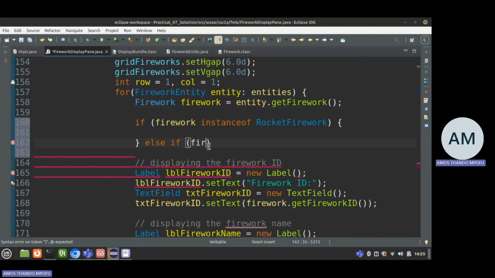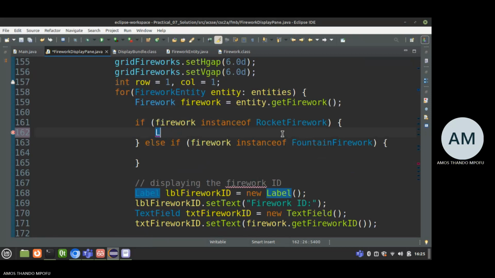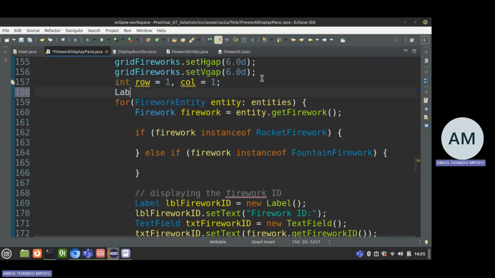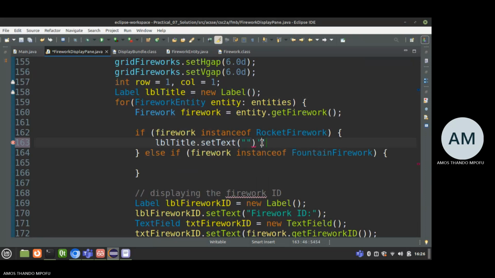Else if firework is an instance of this class named fountain firework, then it should output fountain on the top. Every time it does this, I'm going to create a new label. I don't want to keep wasting memory, so let me not instantiate every time. So lblTitle equals new Label, right? Just for the title. Then lblTitle.setText to be equal to